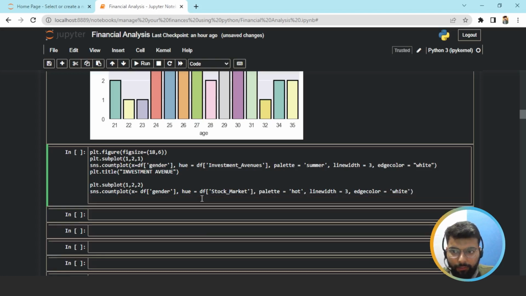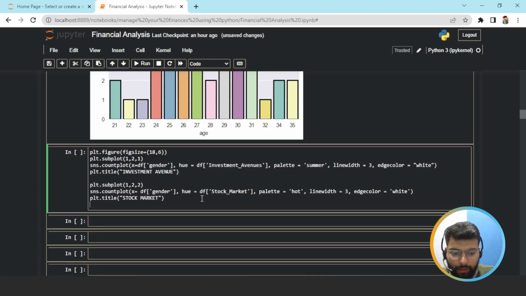and after that we would set the title for it, plt.title, and inside title we would set it as stock market, and use the function plt.show to show both the graphs. Now we'll run this command,